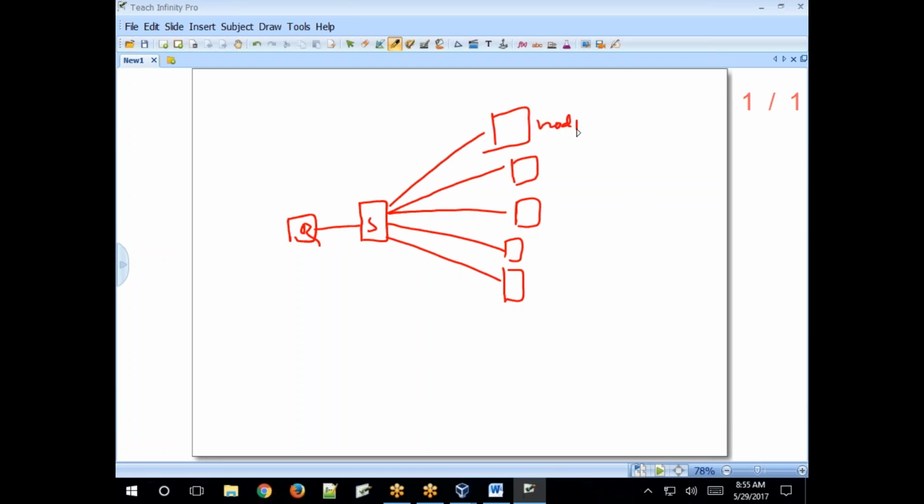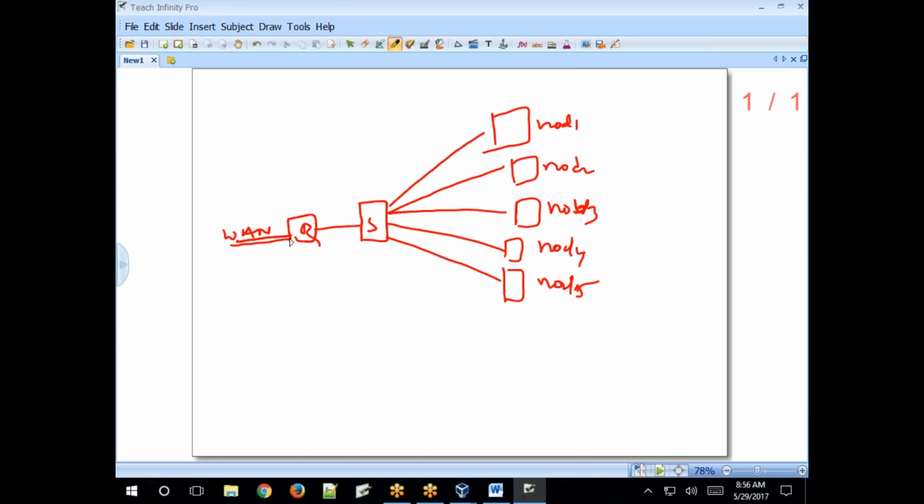Node 1, node 2, node 3, node 4 are host names. Nodes mean hosts, the guest systems, and this is connected to the WAN. The WAN connection goes to the router, and the router shares internet services through the switch to all the systems. This is an example of a network type in our environment.